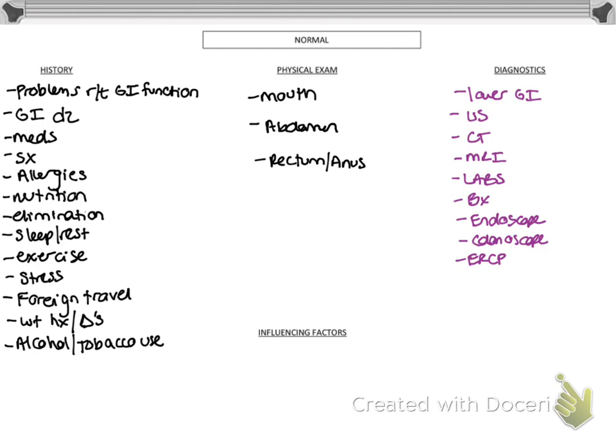Ultrasounds. We can do ultrasounds of the belly, but they don't always work great, especially in adults, because if there's any significant adipose tissue, then the ultrasound's not going to get through. For kids, ultrasound works great. And ultrasound is awesome because there's no radiation. There's no really pre or post-op that you have to prep them for. It's not invasive. So for the most part, ultrasound is really safe and quick and easy, but it's not as reliable because if there's a lot of adipose tissue, you're not going to get a good picture.